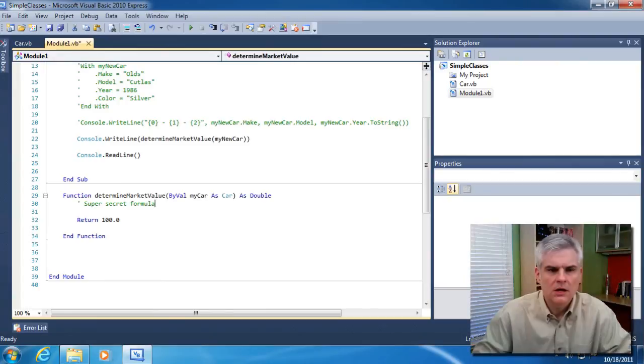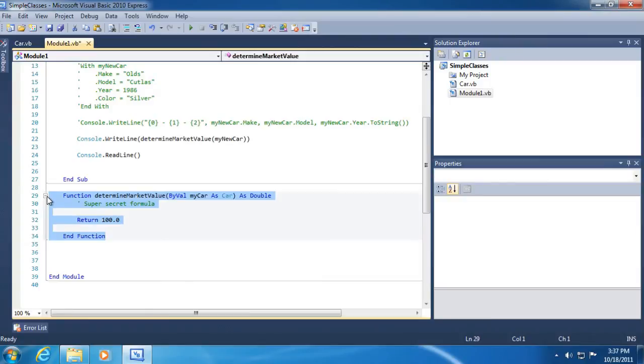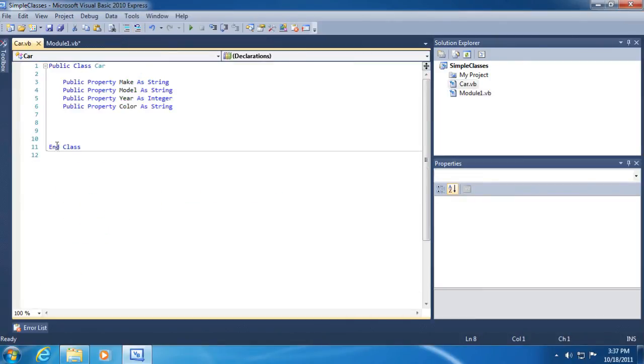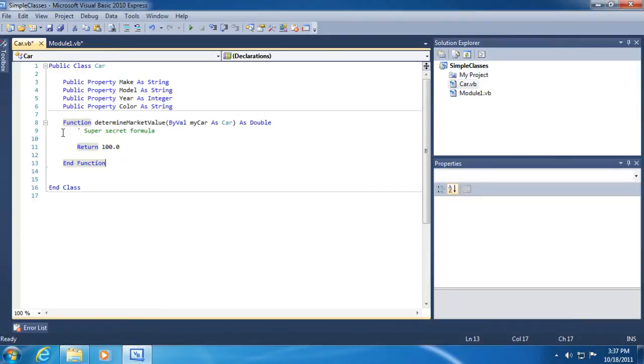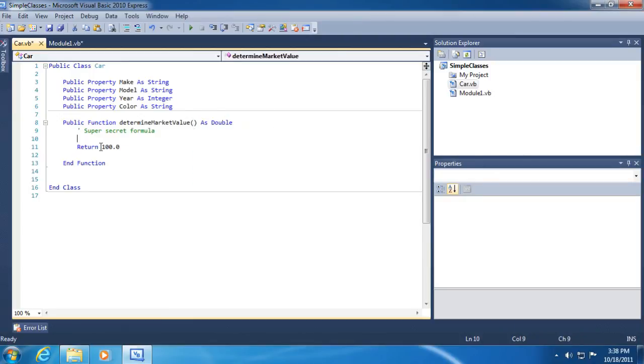Okay. All right, so moving on, we said previously that classes are made up of both properties and methods. And so let's just steal this implementation that we created here. I'm going to first of all copy this, and then I'm going to use my comment out selected lines to kind of get rid of the helper method. I'm going to go over to my car class. I'm going to paste this in, and I'm actually going to add the word public here, and I'm going to remove the input parameter, and instead